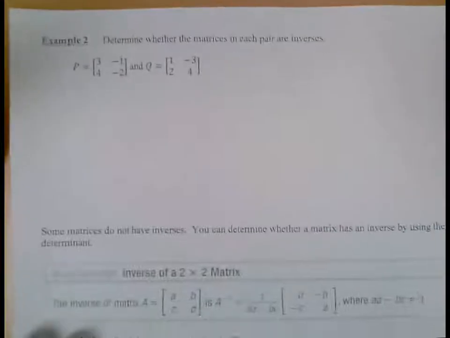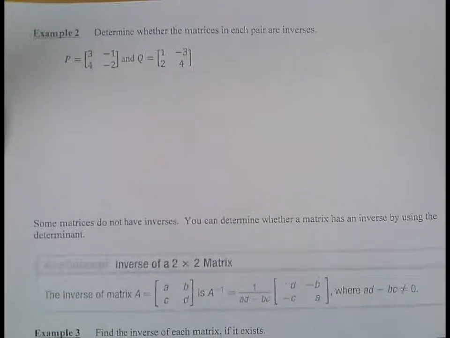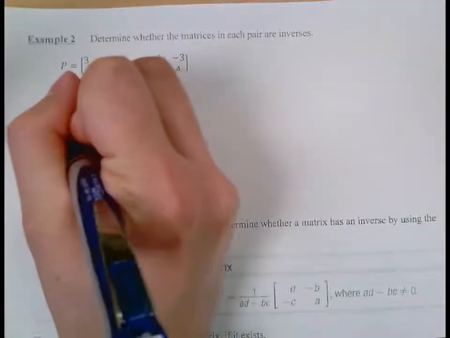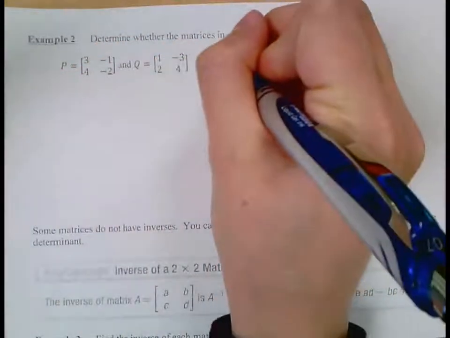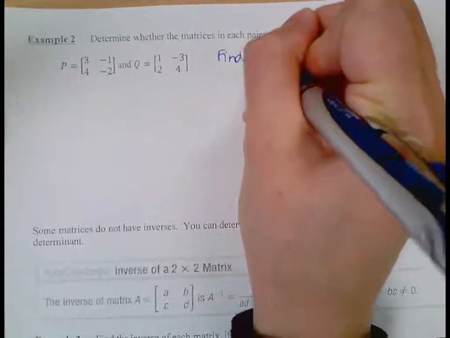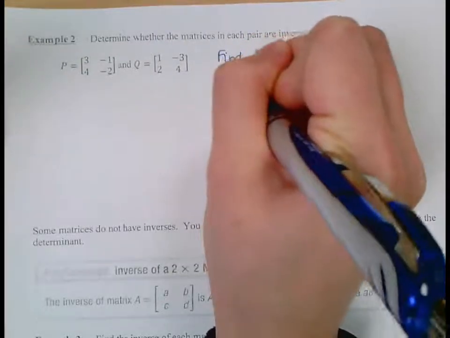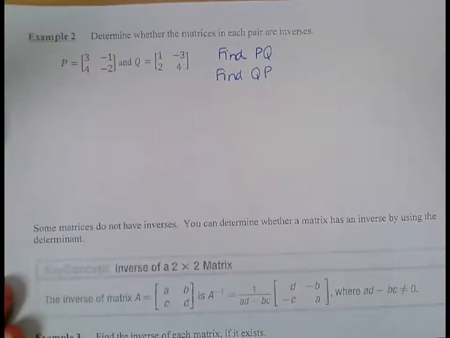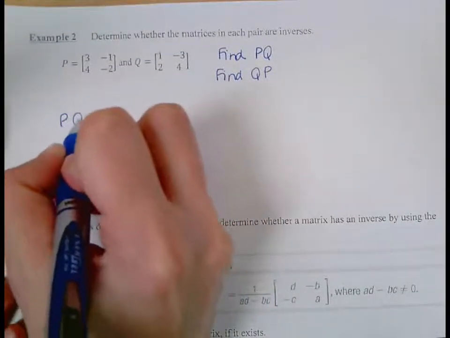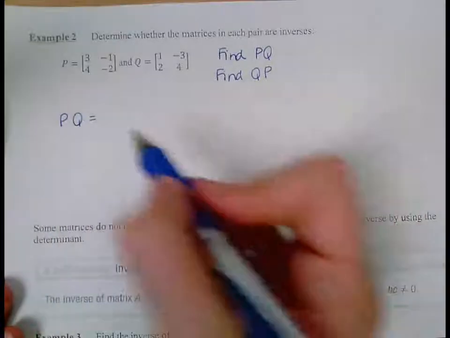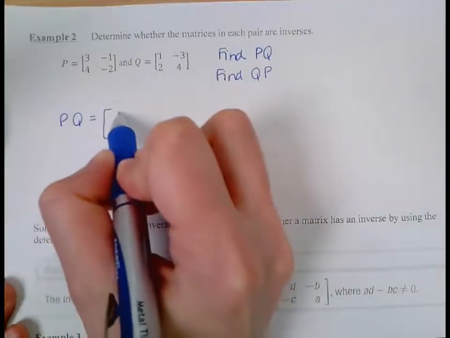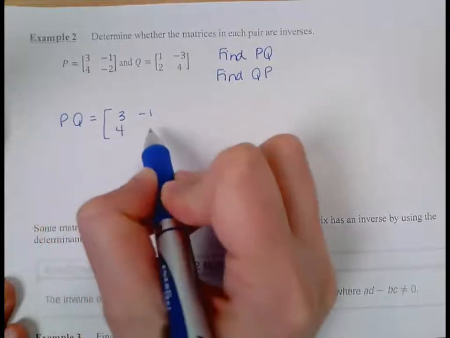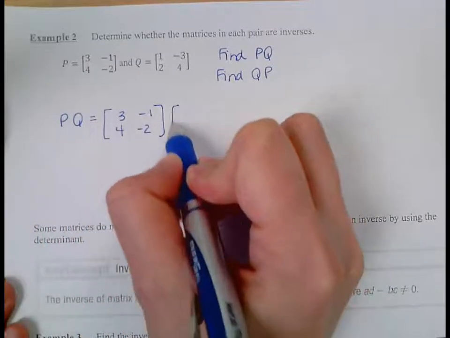So if we take a look at example 2, this is asking the same thing. Determine if, in this case, P and Q are inverses. So again, I would need to find P times Q and Q times P. So find both products, potentially. It doesn't matter which one you try and find first. So if I find PQ first,